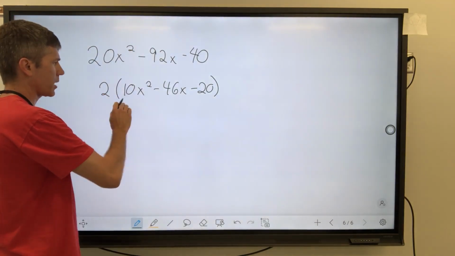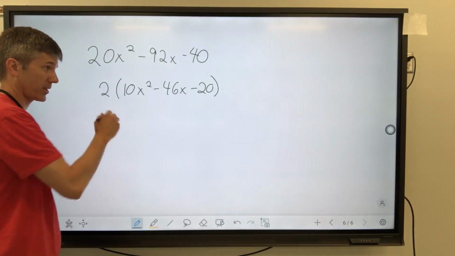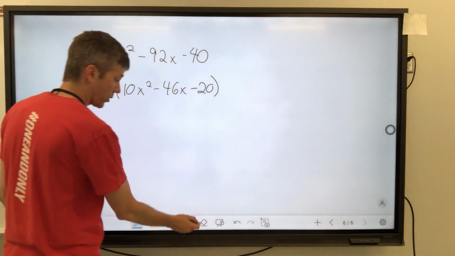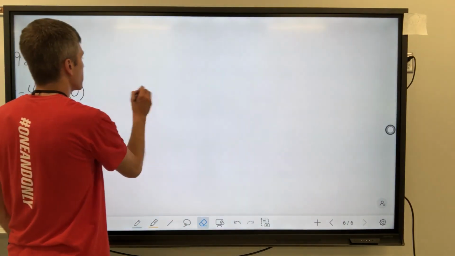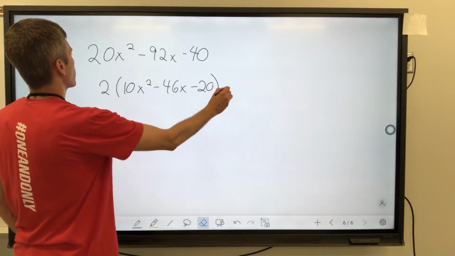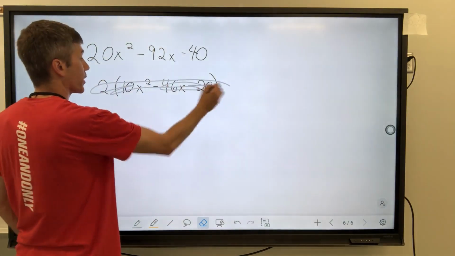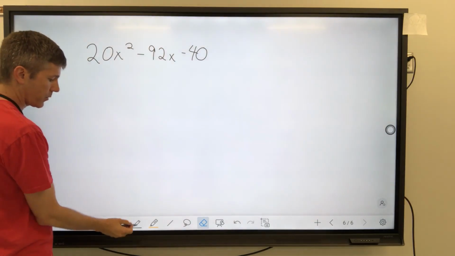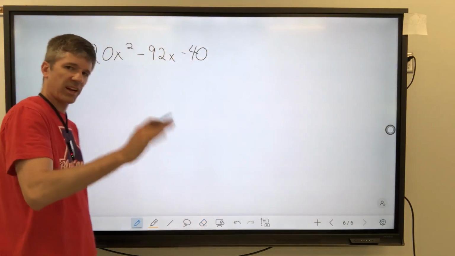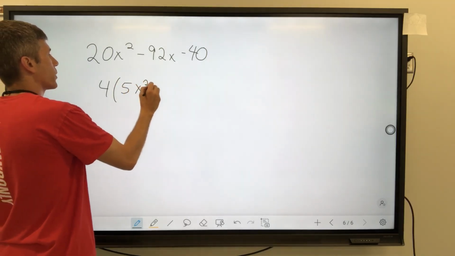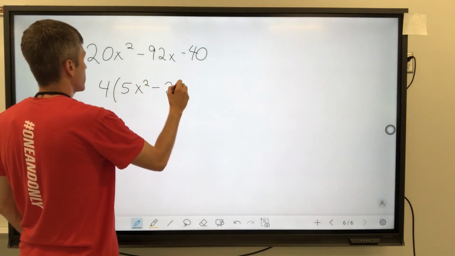If you get to this point and you're like, oh, well, 2 goes into all those. We already factored out a 2. So factor out another 2, which means, of course, 2 times 2 would give you 4. Let's try this again. So here goes. We're going to factor out a 4 this time. So again, if your first thought was, oh, factor out a 2, think harder. 5x squared minus 23x